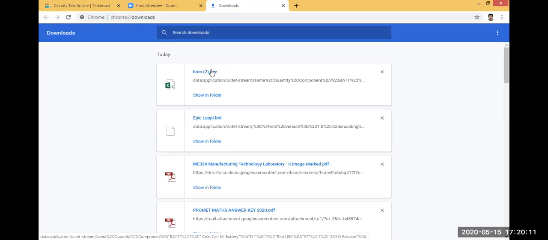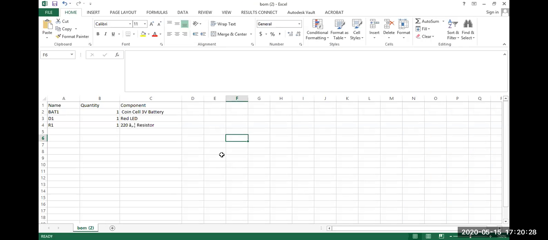I will share the Excel file. Now you can see the Excel file.